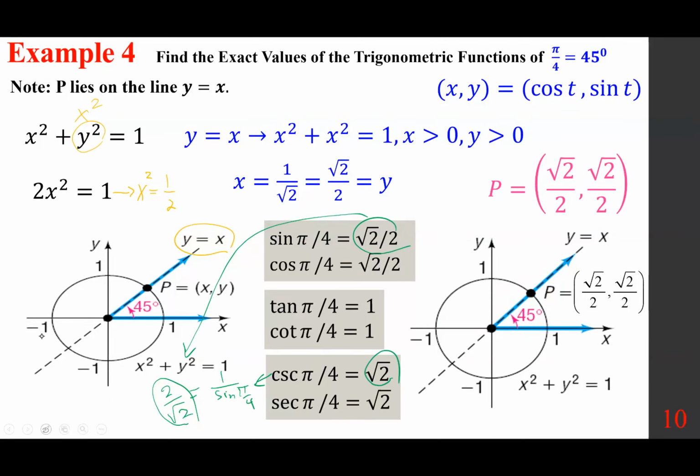I'm assuming you're okay with the algebra. So from here to here, I'm assuming you're okay with that, right? Again, I can quickly show you. If you multiply this by square root of 2 over square root of 2, you get 2 square root of 2 over 2, which is square root of 2. So, in short,